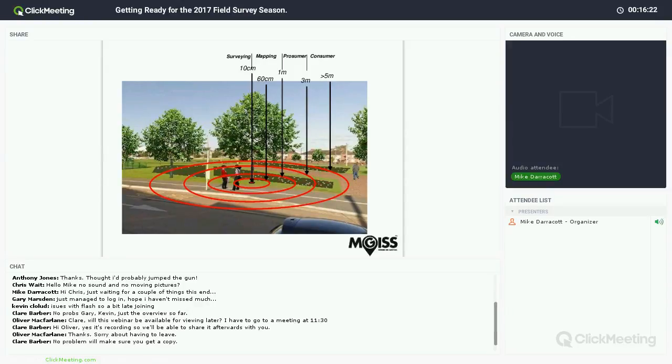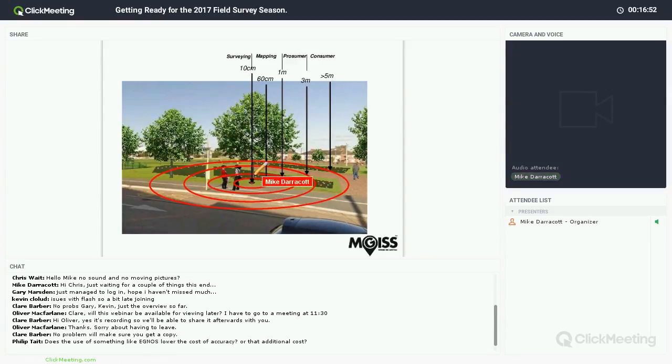So what you can see here in the illustration is maybe somebody trying to map the location of a tree, and then the concentric circles, actually slight ellipses, around that position indicate the level of accuracy that you can achieve in the real world. So if you have a survey grade receiver and you wanted to plot the position of that tree to within 10 centimeters, that is going to dictate the cost of that